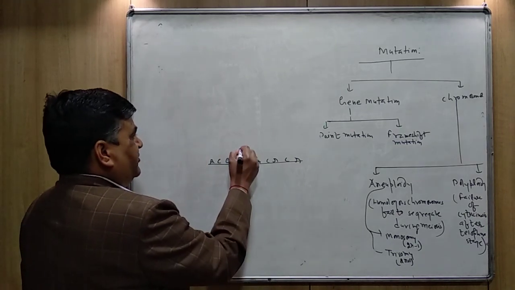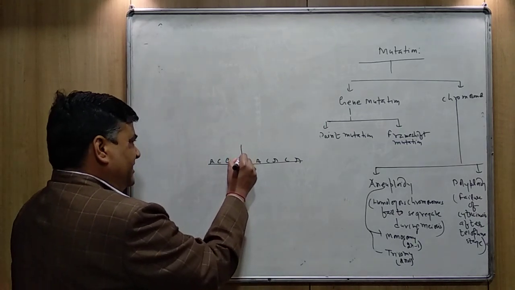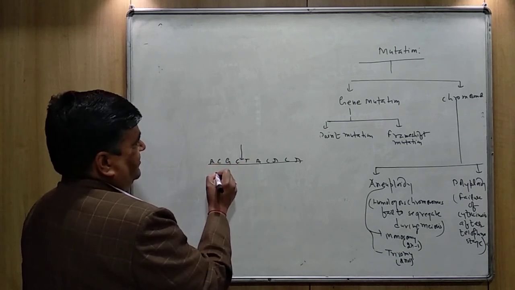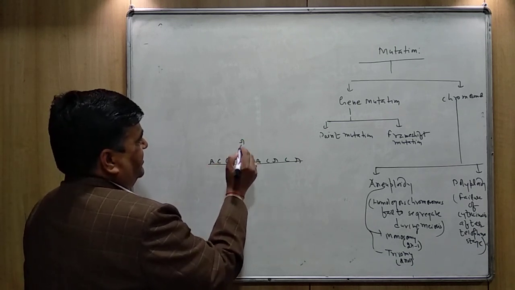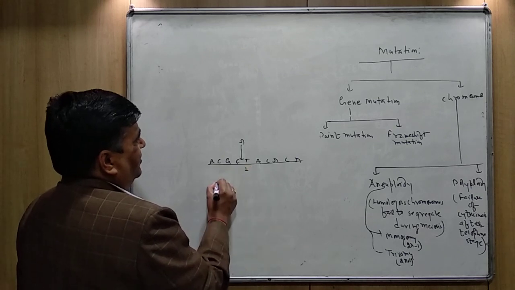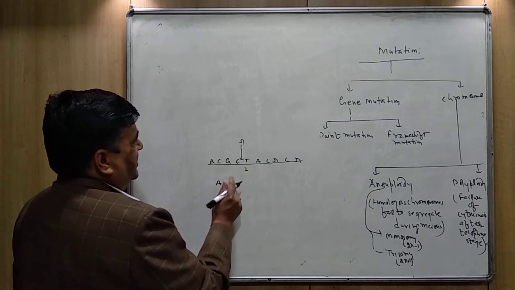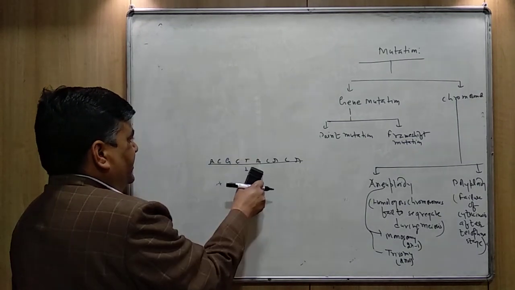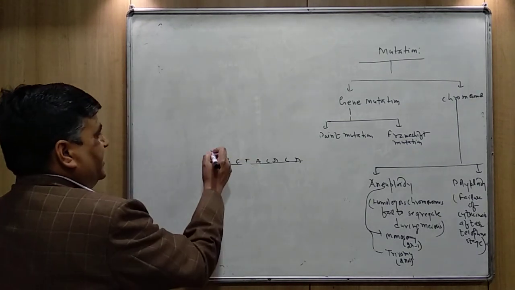And suppose one base is going to be inserted in between here, the C and T, and this is G, then the whole structure will be changed. I am going to insert here